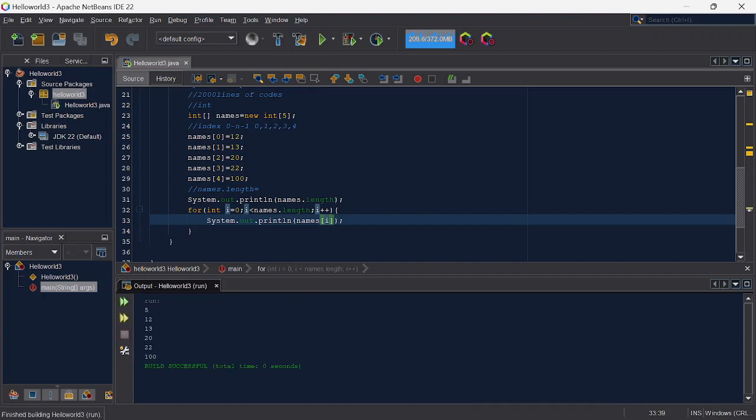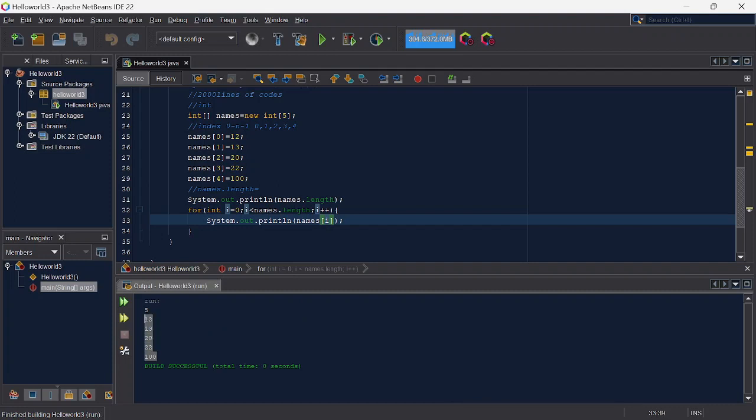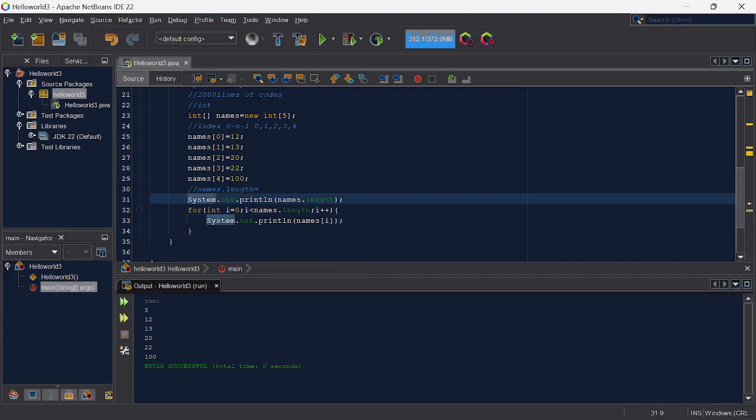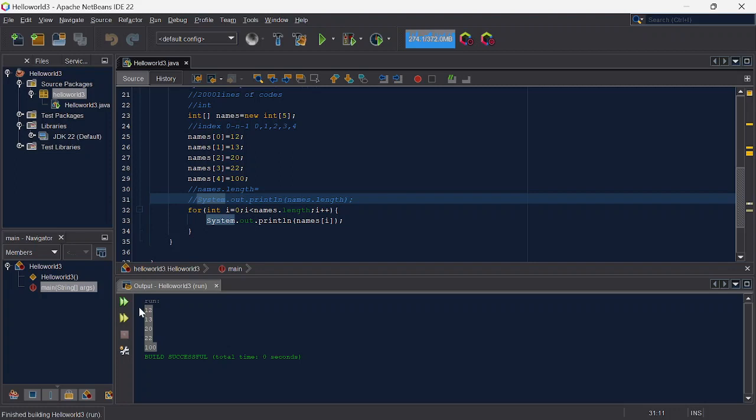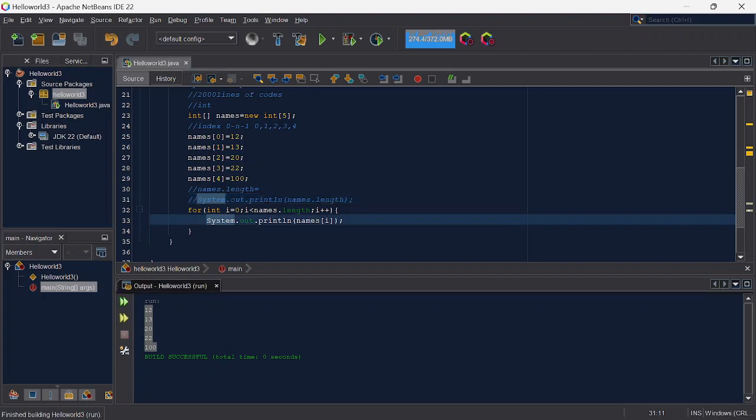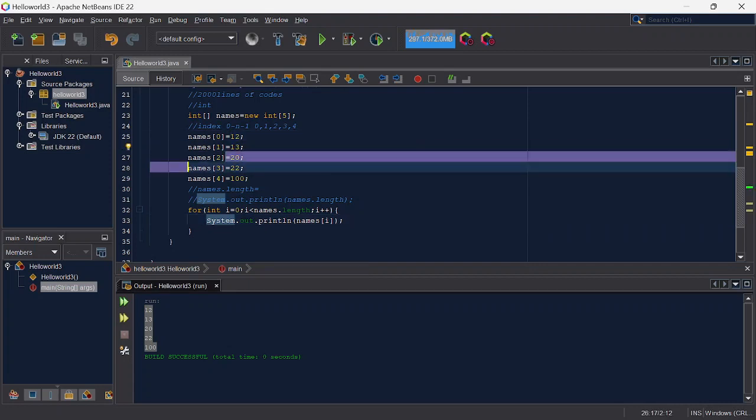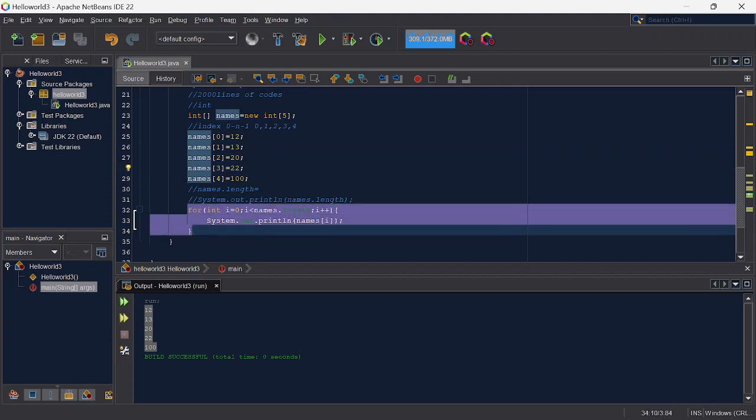If I try to print this, I can print all the elements in the array. Actually, let me comment this. Okay, now we got 5 elements printed out. So instead of writing names 0 and names 1 and names 2, I can create a for loop to print